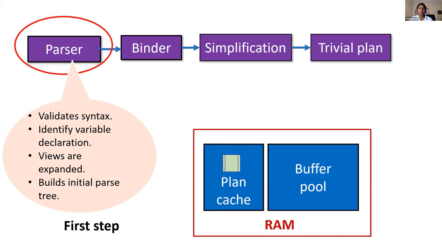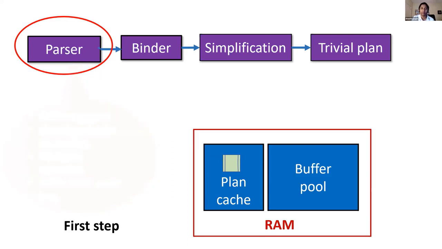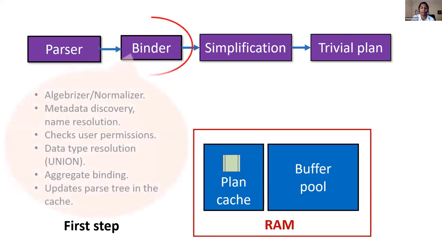That's what happens here. What this parser does is it will push a hash on the query we are running, and it will check on the hash of the execution plan that exists in the plan cache. If it finds the exact match of the hash for the query plan, it will go ahead and use that query plan, and it will send it to the execution phase. But if it doesn't find any match, then it will go ahead and build the initial parse tree. And then the query is sent to the binder phase.